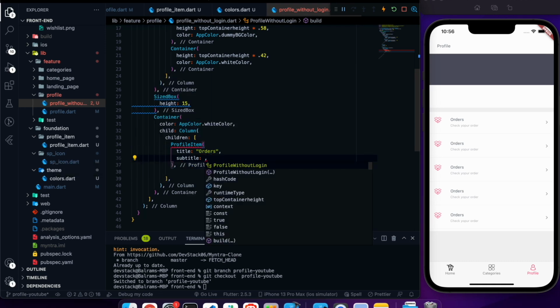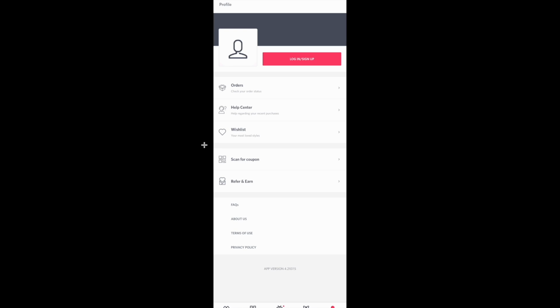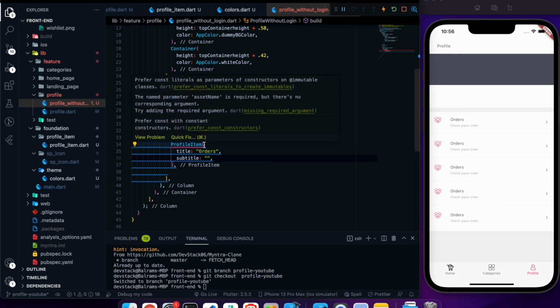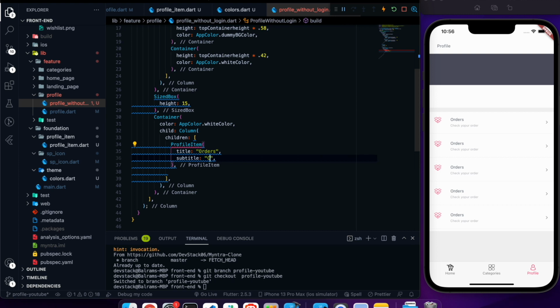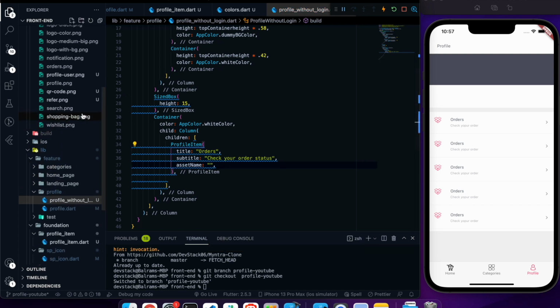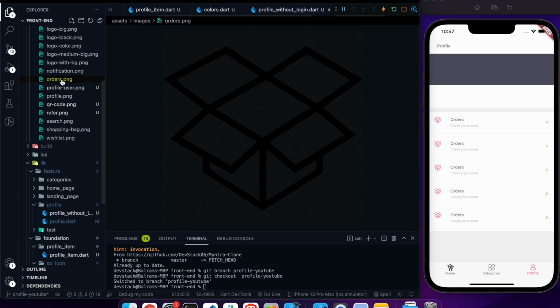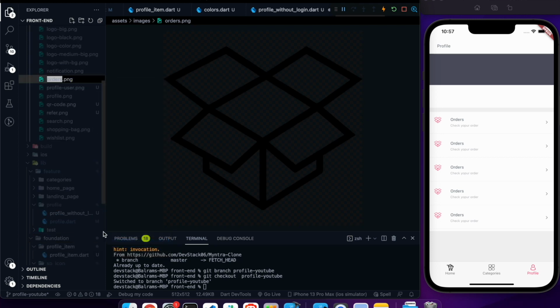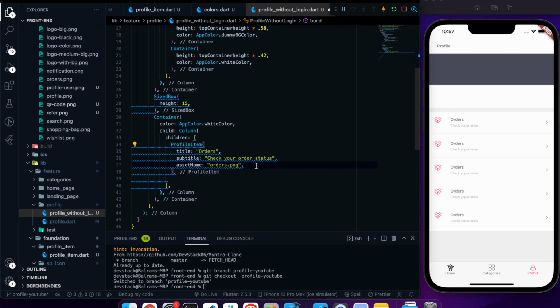It is going to be check your order status. Third thing is going to be the asset name, and it will be a png called orders. I will just Ctrl+A and C, hit the save. Okay, so this is our first profile item.